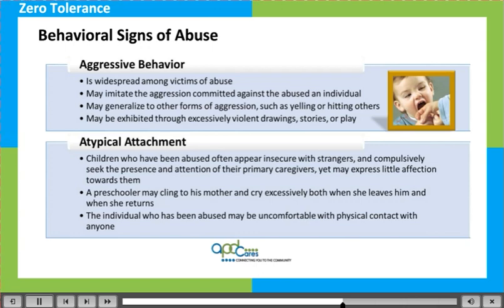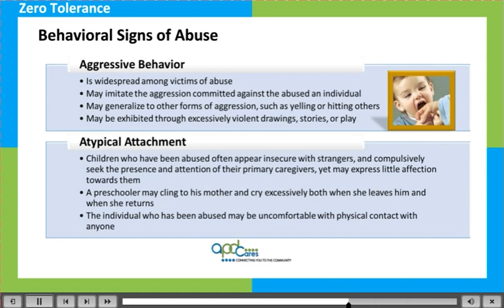Behavioral signs of abuse. Behavioral signs can be extremely important in detecting abuse and neglect, especially in individuals who have communication challenges and are unable to tell anyone about what happened to them. In many cases, physical signs of abuse may not yet be present or noticed, so behavioral signs are often the first indicators. Usually, it is a combination of physical and behavioral changes that are seen in individuals that have been abused. Some of the behavioral signs of possible abuse are: